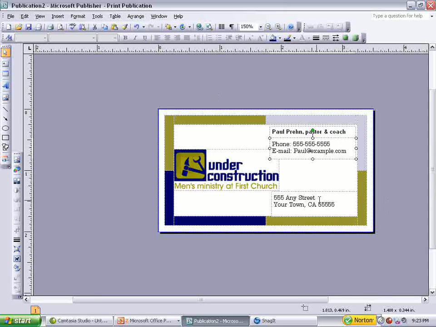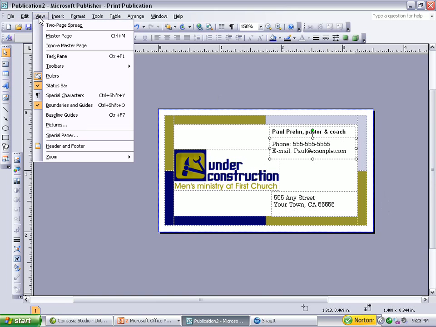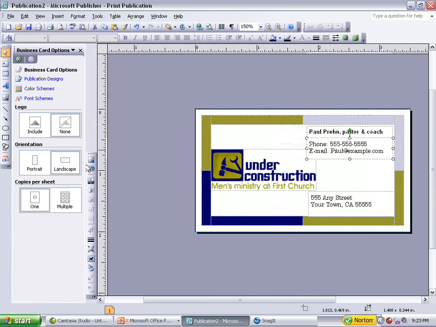Border and bring it to the front. Now, this is kind of okay looking, but again, it doesn't really look that good. For one thing, I don't really like how the typefaces look a whole lot. Now I'm going to bring back our task panes, and you notice one of the options under the task pane